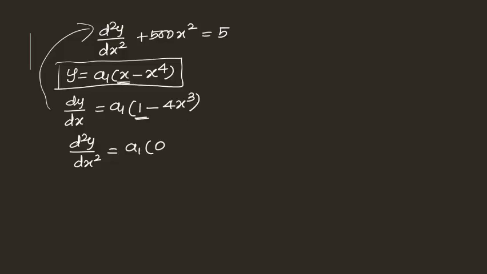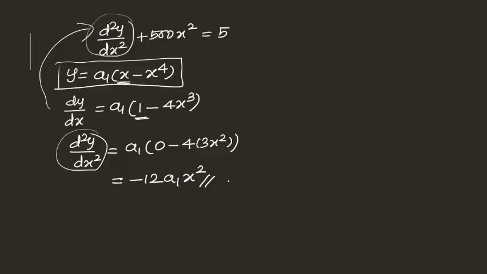The differential form for any constant value is 0. So here the differential form for 1 is 0, minus 4 into the differential form for x cube is 3x square. So d square y by dx square is a1 into minus 12x square, that is minus 12a1x square. Now we can compare this d square y by dx square with the d square y by dx